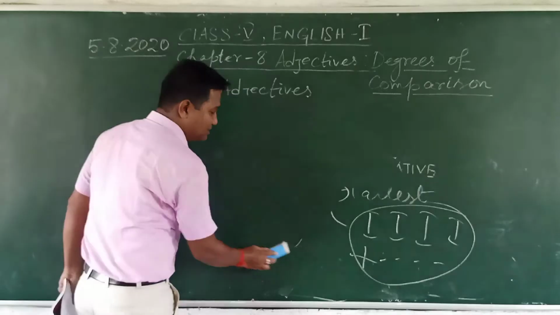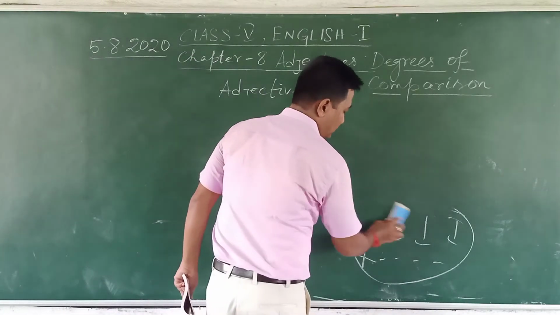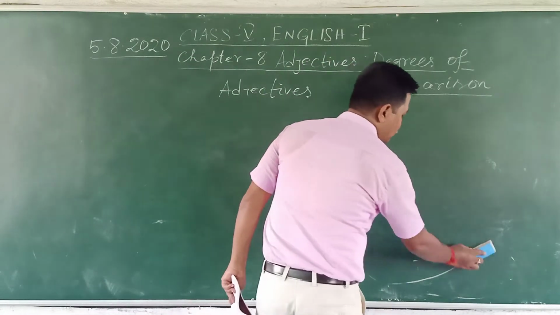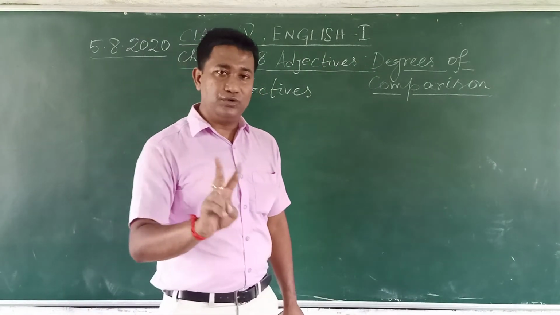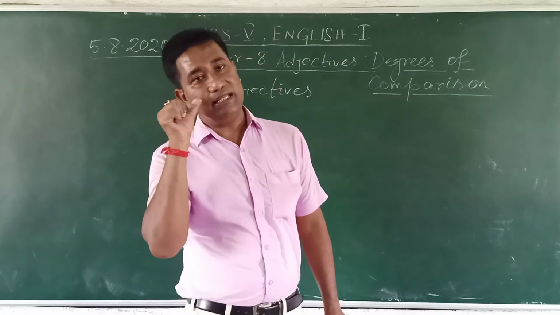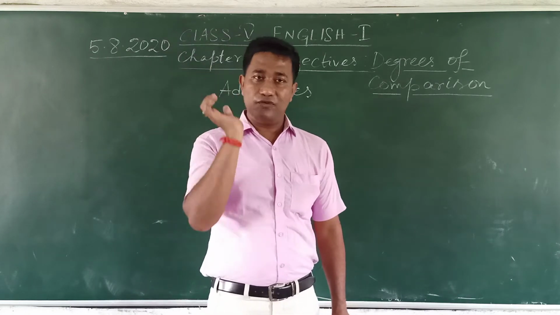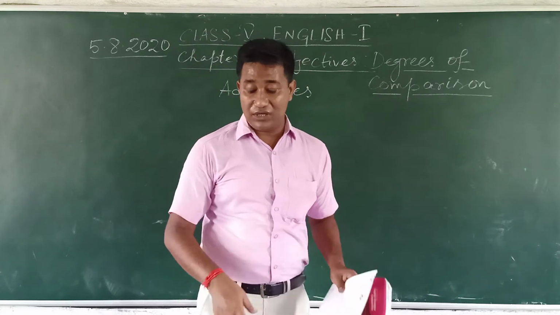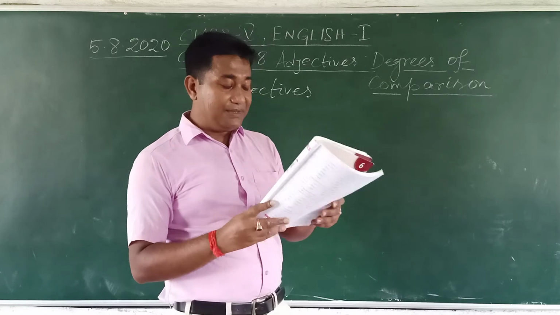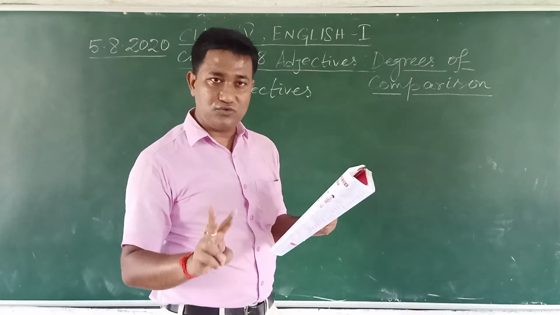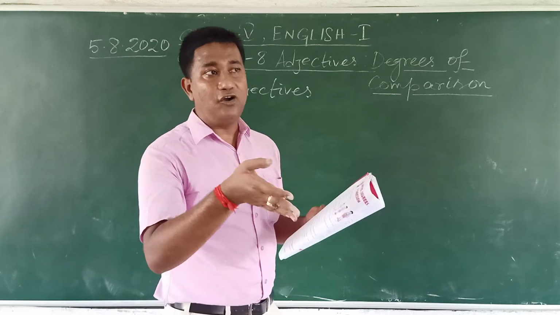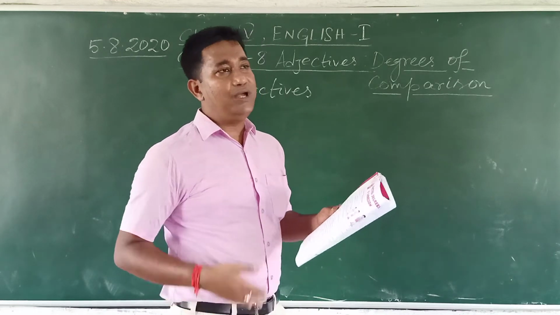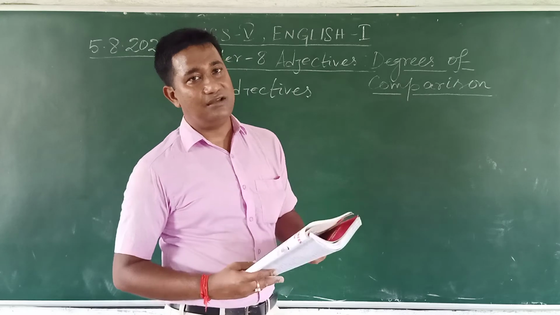Formation, how they form basically. In your book, we saw that 6 types have been given. I am going to explain 2 today, and the rest 4 in the next class. Out of the total 6, I will explain only the first 2 forms today, and then the rest 4 forms of formation of an adjective we will do in the next class.